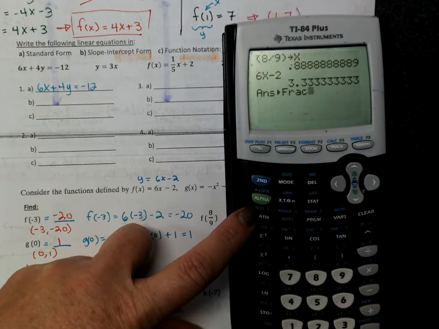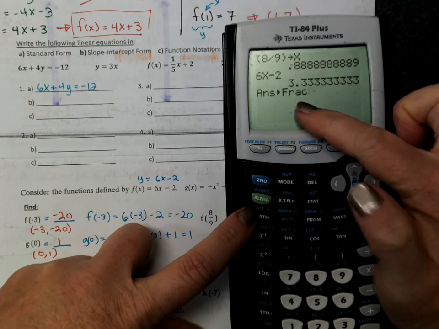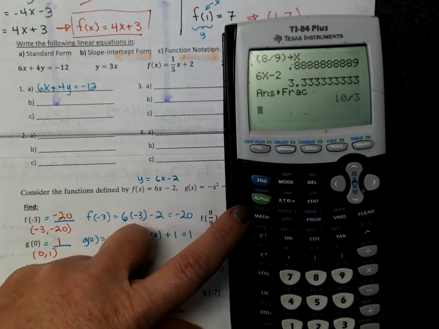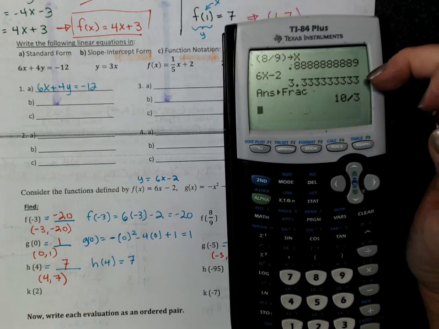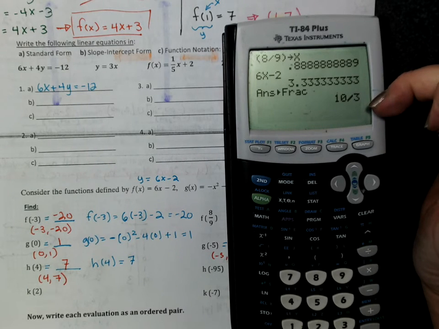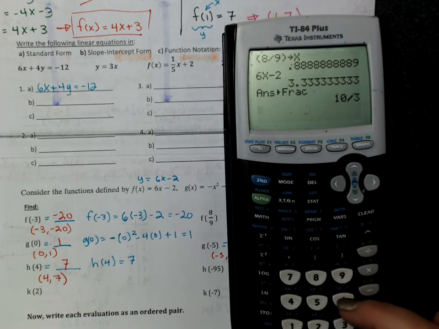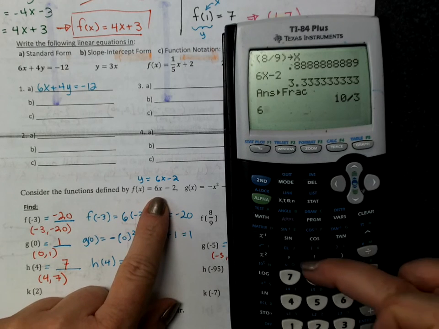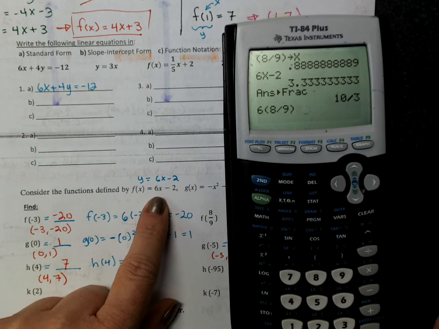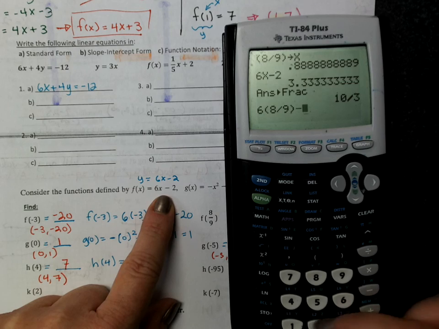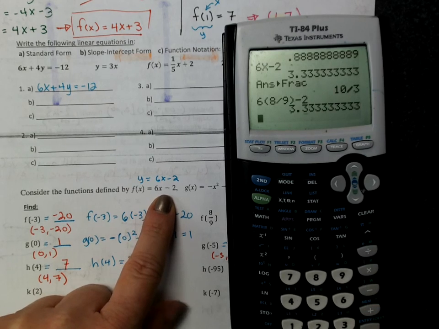If I push enter, it's saying, you want me to turn your answer into a fraction? Push enter again, say yes, I do. So it's math, enter, enter. It'll turn a decimal into a lowest term fraction. So whether I store it or whether I just enter 6, parenthesis, 8 divided by 9, 6x minus 2, either way, I'll get the same